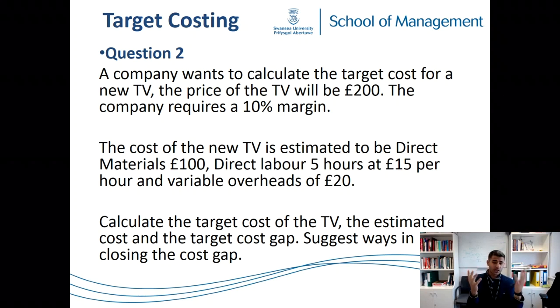The direct material is £100, and direct labor requires 5 hours at £15 per hour. So 5 hours multiplied by £15 is £75. So £100 plus £75 plus variable overheads of £20 equals